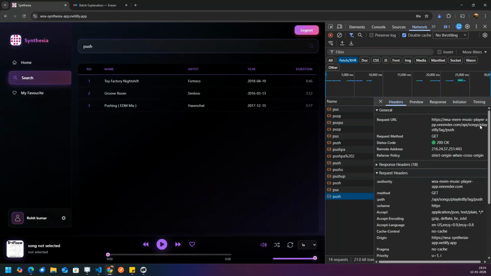We have written API songs play by the tag push. So it is backend only. Understood, Pragadish?